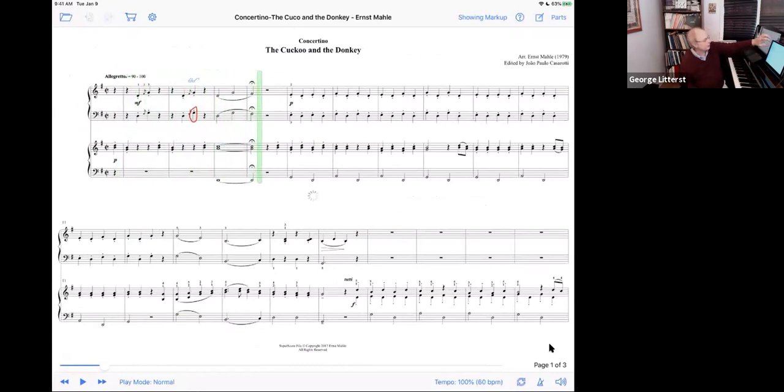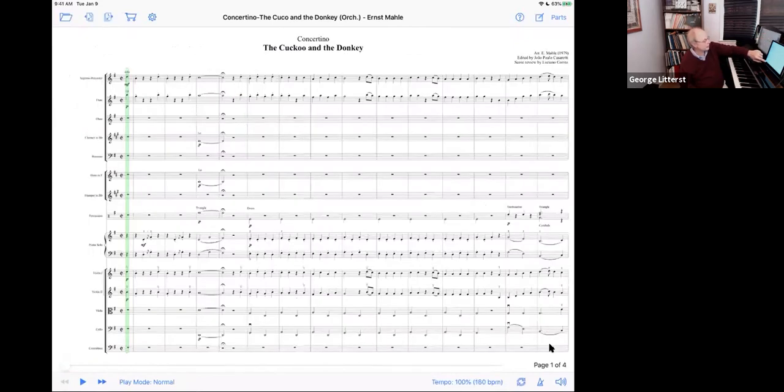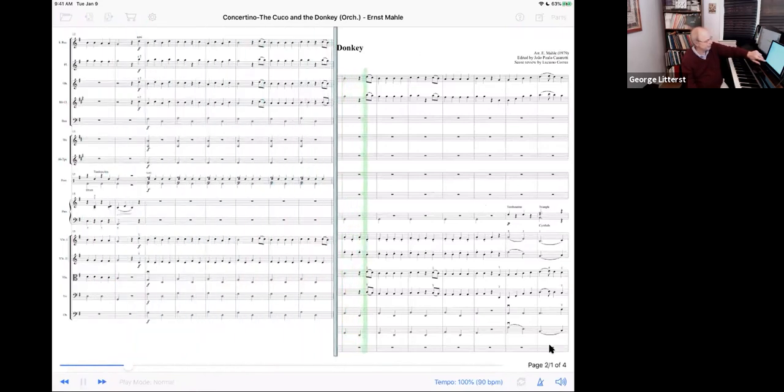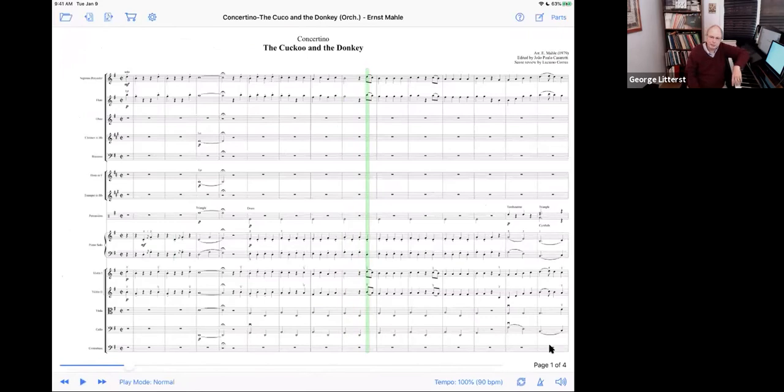But when we publish it, we also publish it with the full orchestration. This piece only takes a couple minutes to play. It's accessible to a middle school